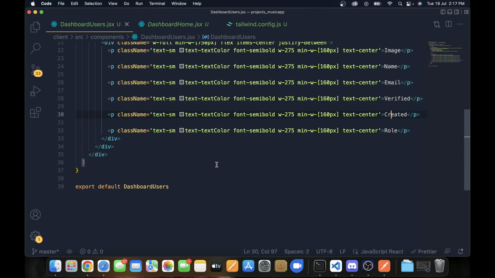Over here, this is where the division is getting ended. Right after here, you can say this is the table heading, and you can say this is the table body content. Okay, so I'm not using the table